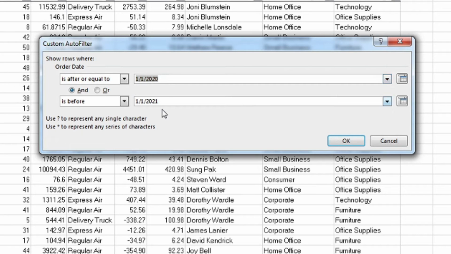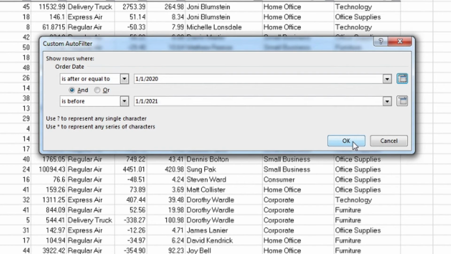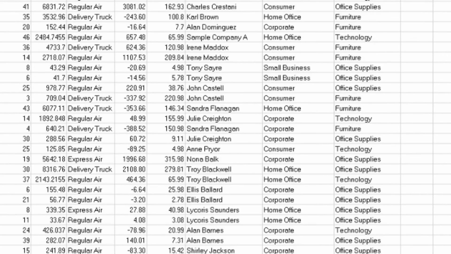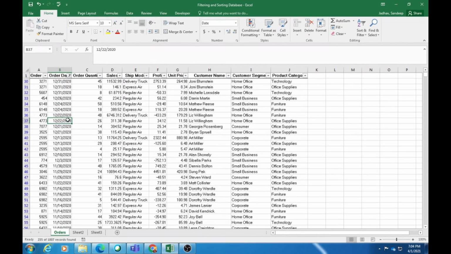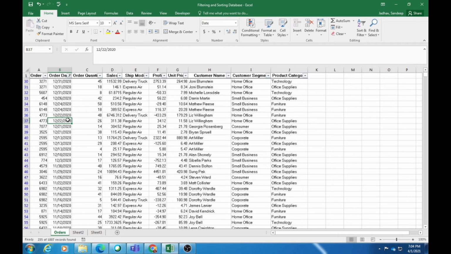I want to see the data only between these particular dates, so I use this custom date filter option. I can use the calendar to put in the dates, and then I say okay. We get the data between these two dates. You can see the data is only from 1st January 2020 till 1st January 2021. This is the use of date filters.